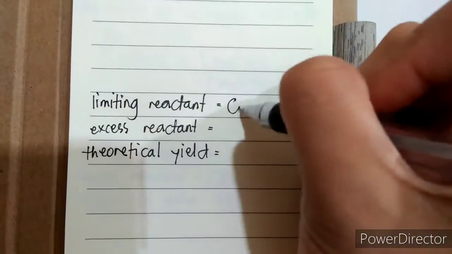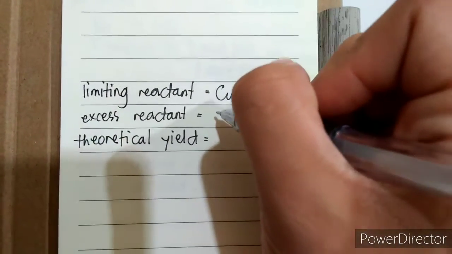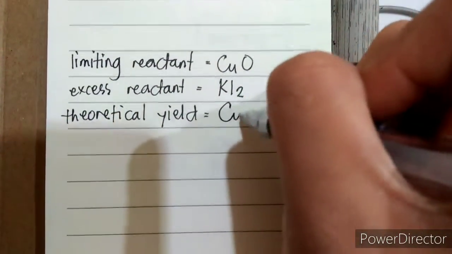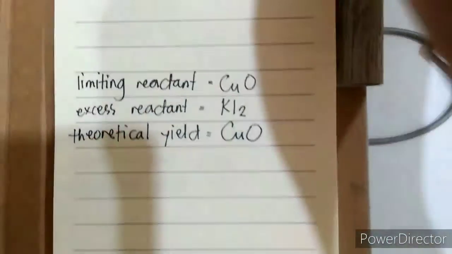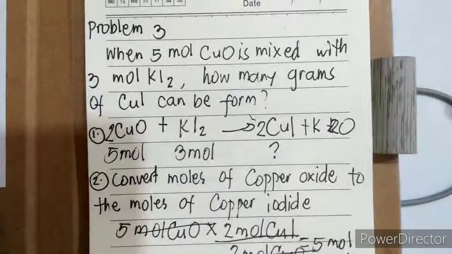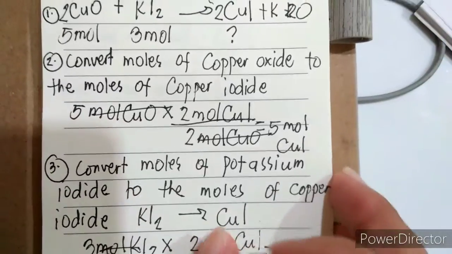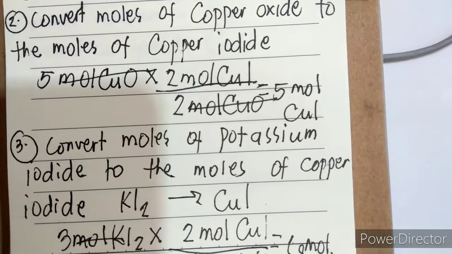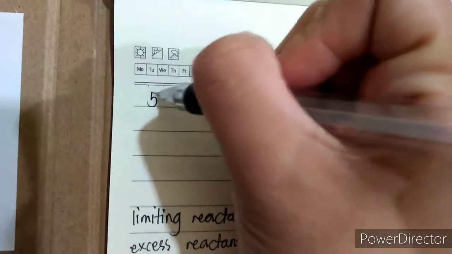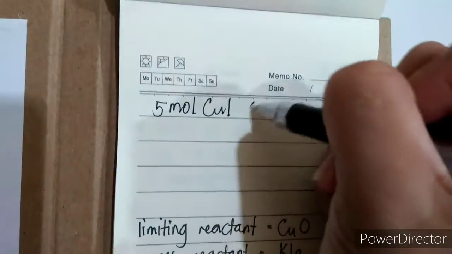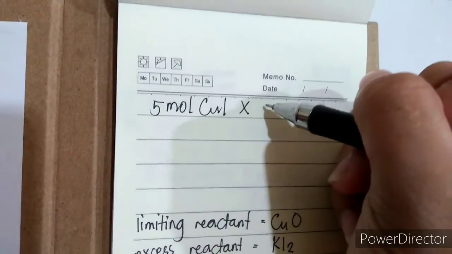So let's put it here. And our excess reactant is the KI2. And our theoretical yield is from the CuO. And as what is asked, how many grams of CuI can be formed? In this case, we need to convert 5 moles of CuI to grams. Let's have it here. So we need to have 5 moles of CuI times